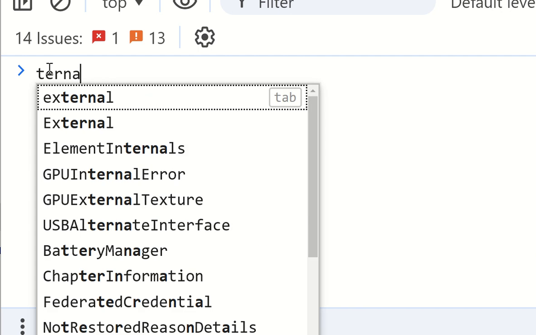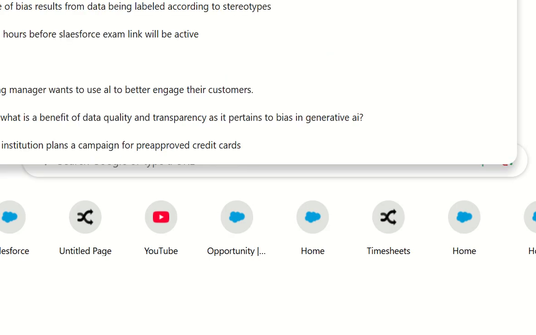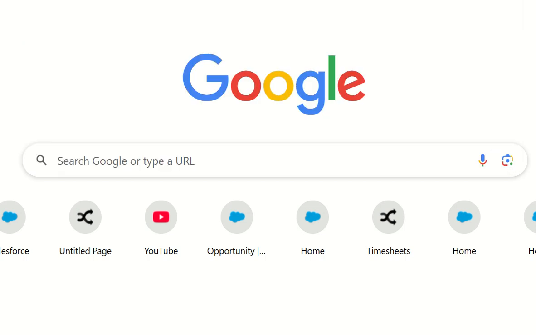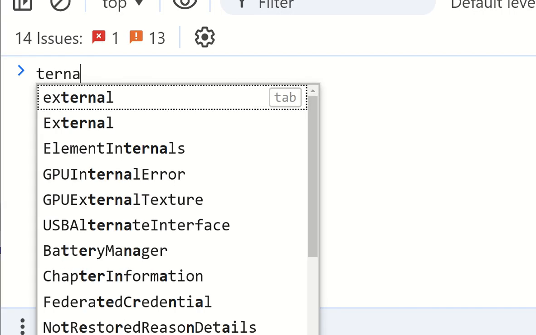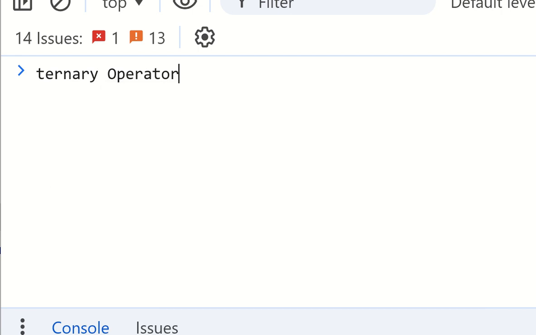the ternary operator. So what will be the syntax?